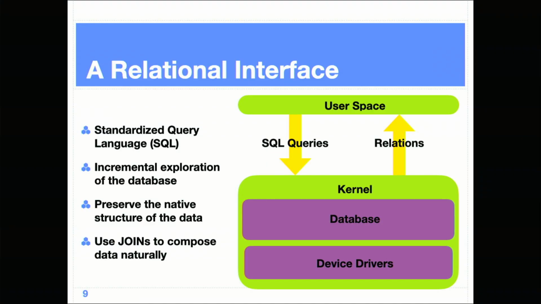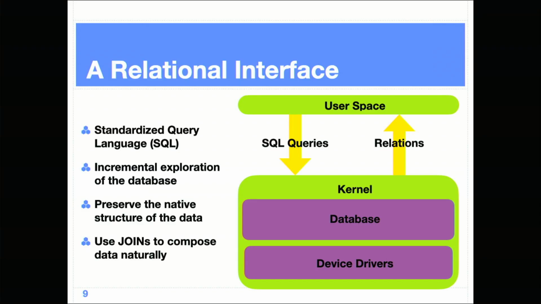So the nice thing is that it allows for this incremental exploration. You can actually say to the kernel now, tell me what tables you support. Tell me what columns are in the tables. Tell me what the data types of those columns are. And you can do what we call the programmer as navigator, which is a classic old paper from the 70s, where you can incrementally learn about the system.